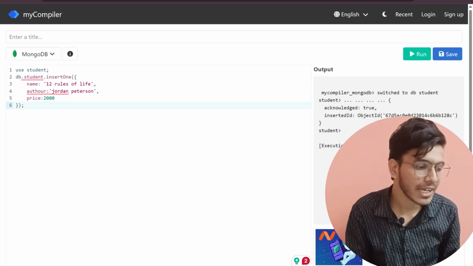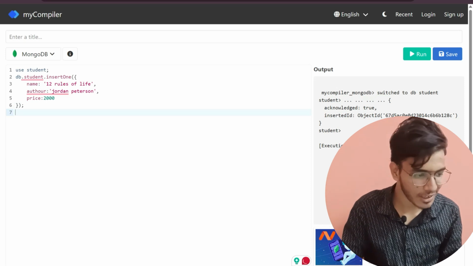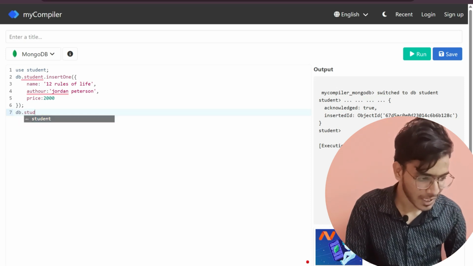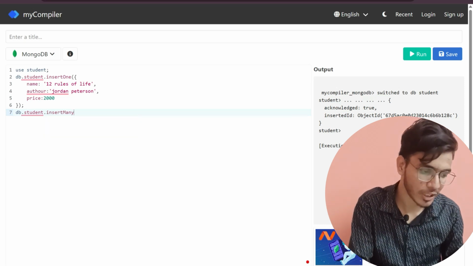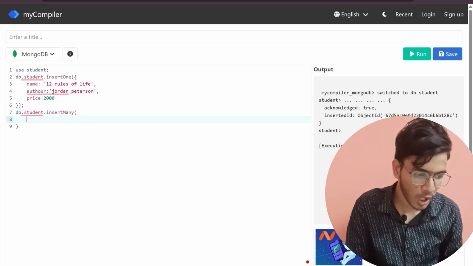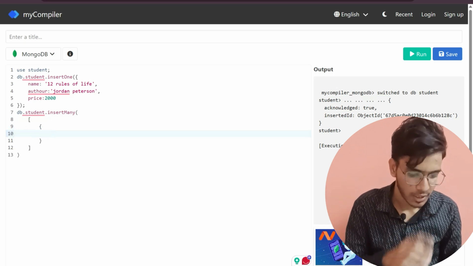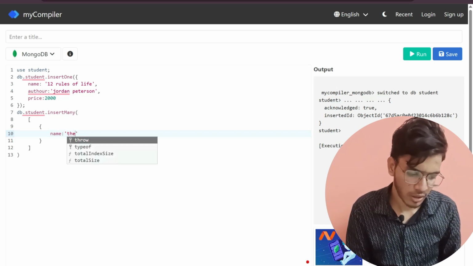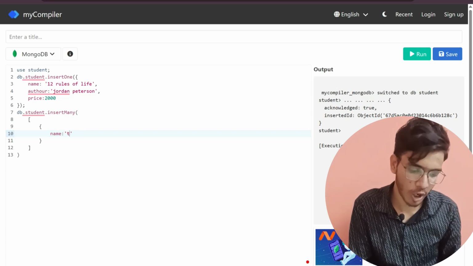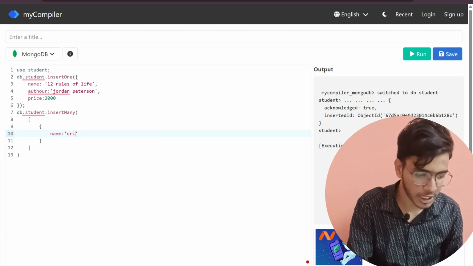Now let's say I want to insert multiple elements. So here I will write db.student.insertMany. First of all I will give the array of elements. My first key value pair is, let's say, name of the book, Crime and Punishment,